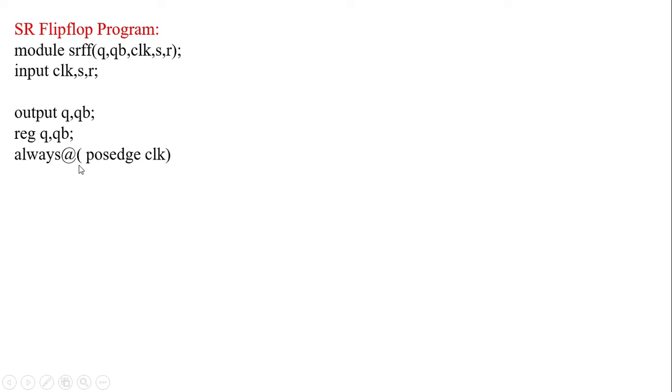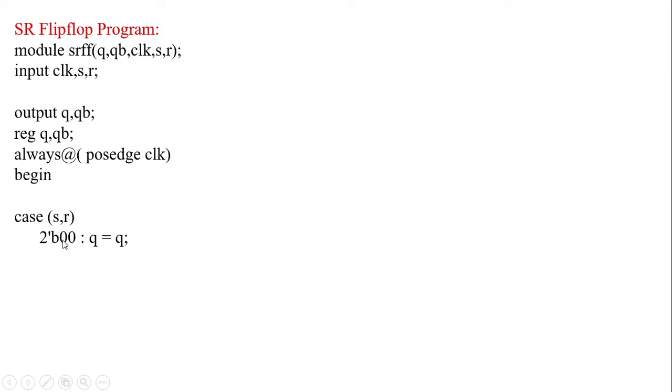You do the operation of the SR flip-flop at the positive edge of the clock. Whatever clock signal you are applying, the operation should be done for all the inputs with respect to the positive edge of the clock signal. Then begin. In the begin I will start with a case statement. In the case I have two main inputs S and R. I will consider S and R variables, S, comma R. So these are 2 bits, S and R. So I will represent it with 2 apostrophe b, which indicates that it is 2 bit.